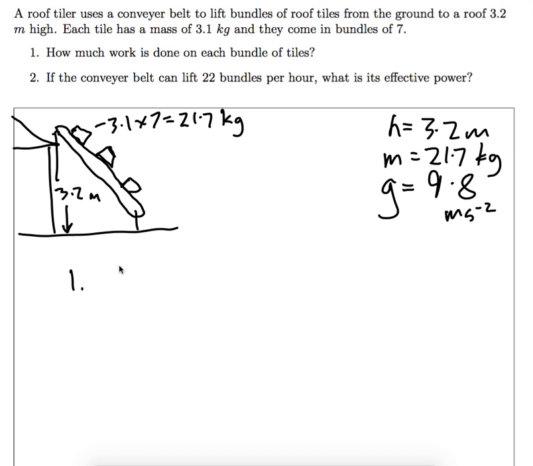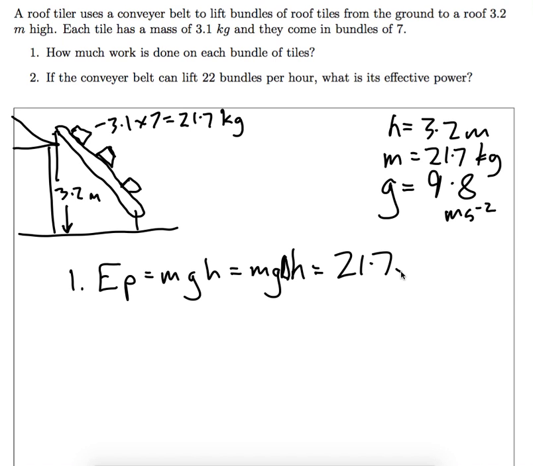Well, remember, the work is the change in energy. So we've changed their gravitational potential energy. We've arbitrarily chosen the Earth as the 0 point of gravitational potential energy and the roof as 3.2 meters above that. So the amount of change in their gravitational potential energy, EP equals mgh. We could even write it as mg delta h, because the mass is the same, the gravitational acceleration is the same. What's changed is the height, and the height is changed by 3.2 meters. That's the difference in the height. So equals